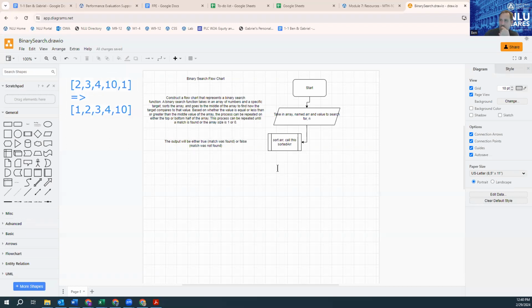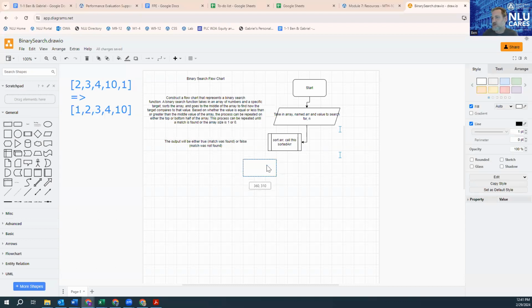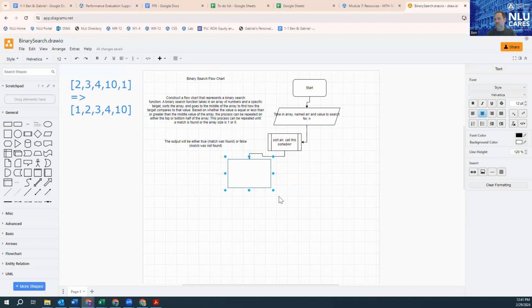So what's happening next? Well, I need to know where the middle of the array is, and I can look at the length of the array, and so this is going to be another process, but I'm going to use just the plain rectangle because I don't know that I would abstract this into a separate thing. I just write some code to do this. Find the length of sorted ARR